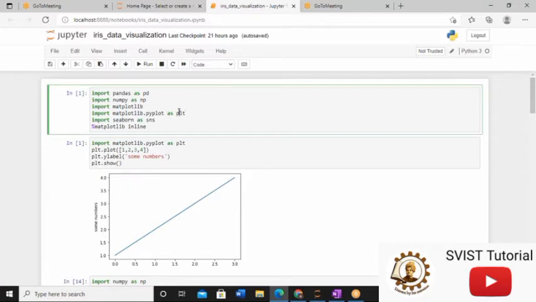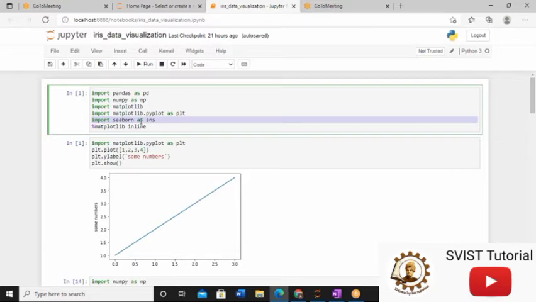So after writing this line, it is mandatory to write this line also. Then only the PNG format will be displayed. But we need some extraordinary modern graphics also. So at this point of time, we need Seaborn library functions. I will show it to you.